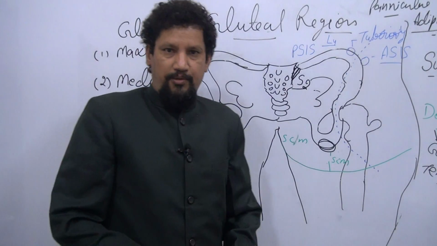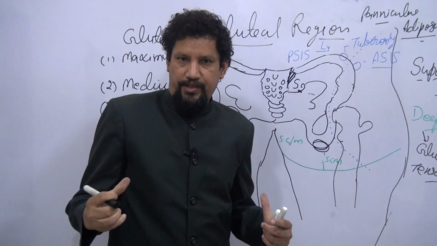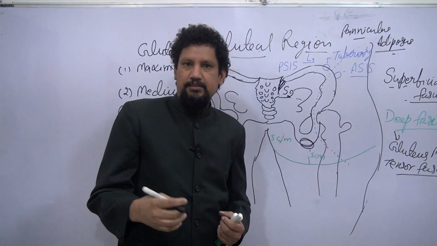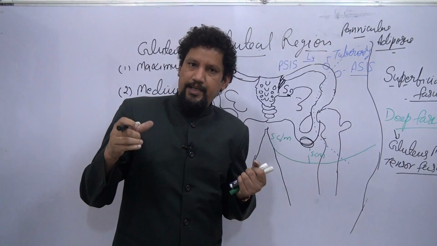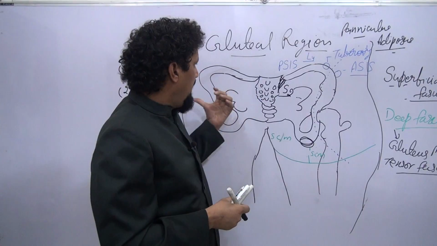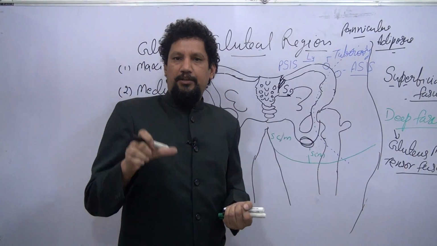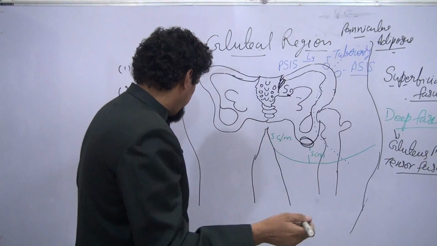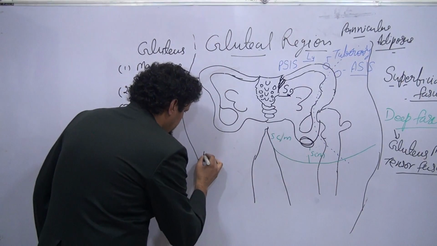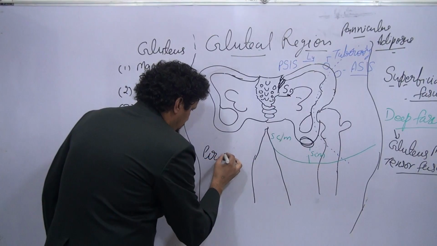The other group of muscles are short rotators and short horizontal muscles and are deep to the gluteus maximus muscle and below the gluteus medius and gluteus minimus muscles. These are the piriformis muscle,